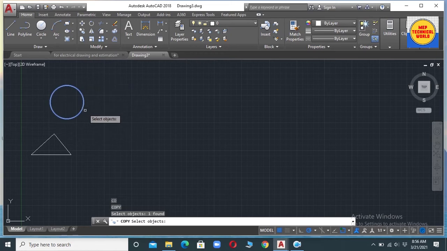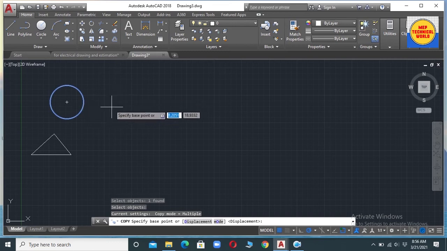Now hit enter. Now you will see another statement, which is "specify base point". Here I am going to specify the base point of this circle at its center by clicking on it.